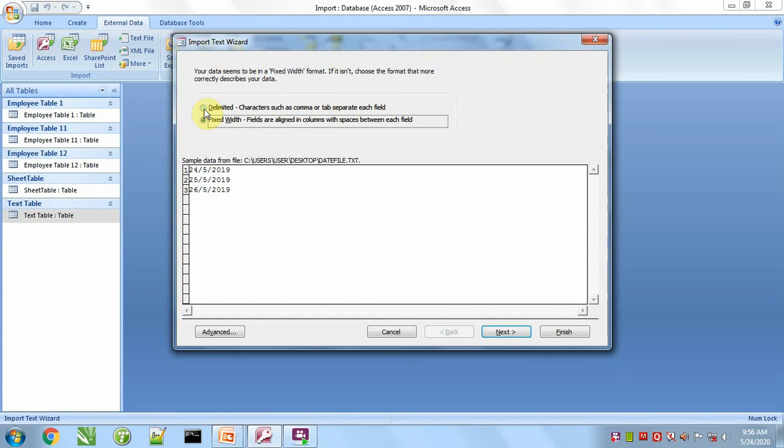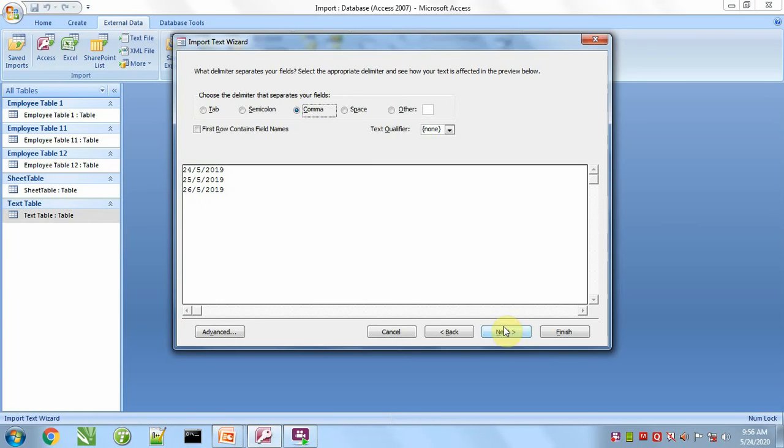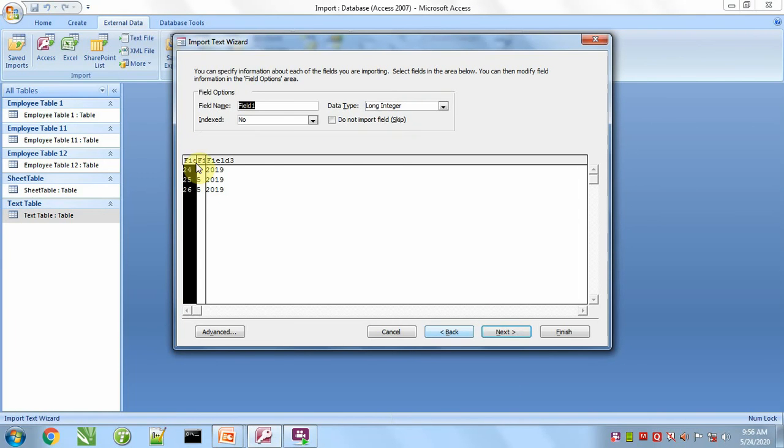Now again select this option. Next, now the separator is this. We have to input this symbol. And first row contains field names. No, we will keep this option off. Now headers are automatically created. We have to change their names.